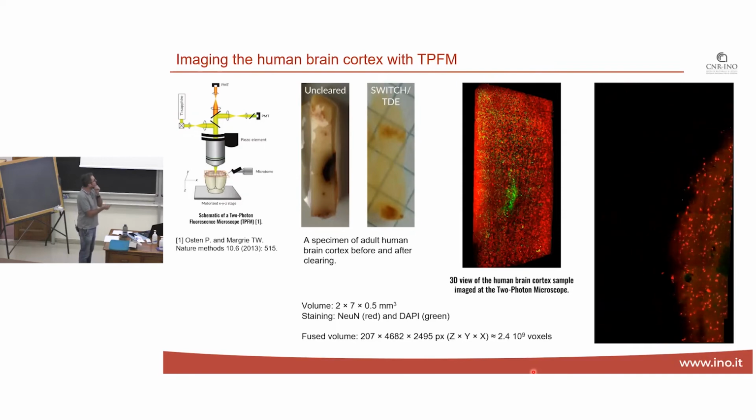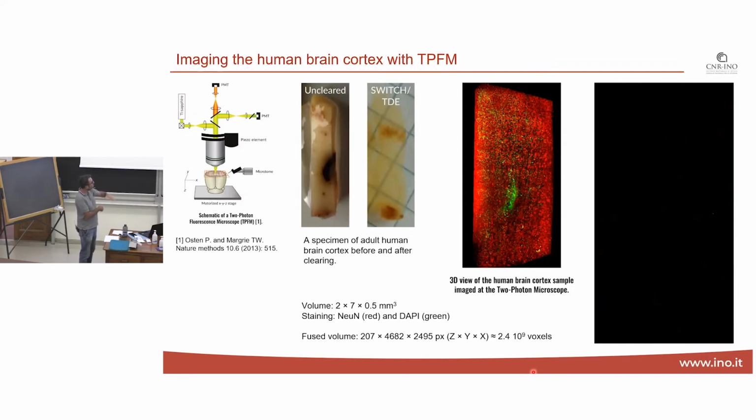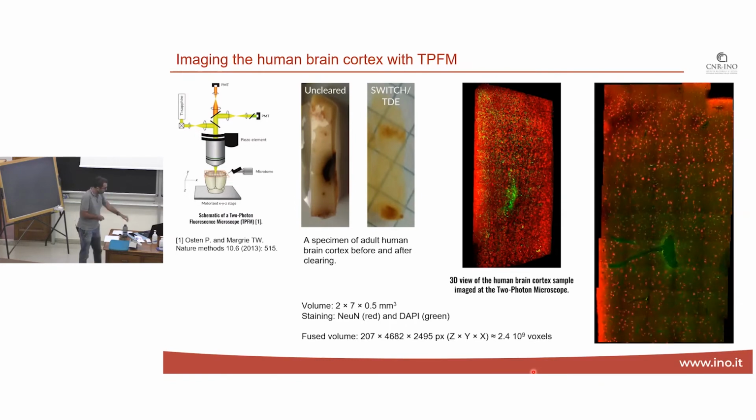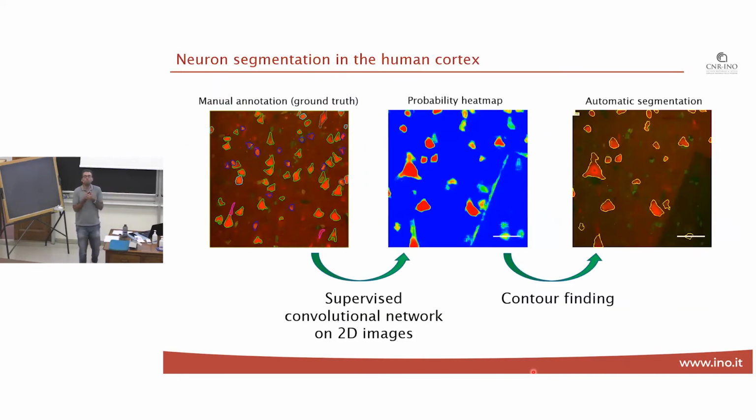You see that as time goes by, we are looking at different planes within the sample, and we can clearly see the individual neurons. So what we want to do is to count these neurons automatically, because otherwise, especially for big data sets, it's impossible to count them manually, of course. To do this, we use a simple artificial neural network. I will show you some details, but very broadly speaking, we first do manual annotation because we have to train the neural network. So we draw the contours of the neurons,